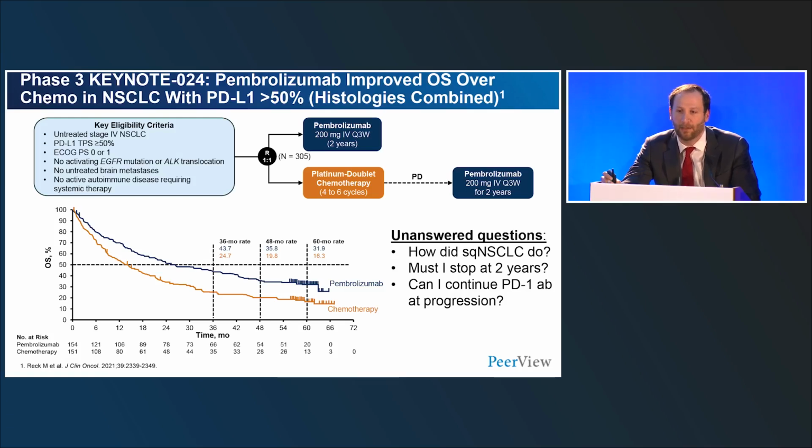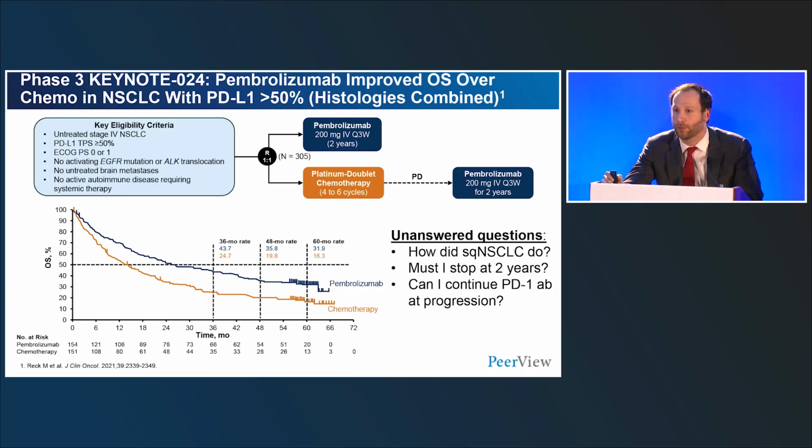We do have data as well for pembrolizumab monotherapy in all histologies, and that also demonstrates benefit, as Dr. Brahmer had shown previously. But there are some unanswered questions as well. How do you deal with squamous in particular? Are there differences with squamous with single agent IO? Should I stop at 2 years? Must I stop at 2 years? And then what happens when the patient progresses on single agent? Should I continue the immunotherapy with chemotherapy, or should I stop the immunotherapy, which wasn't really addressed in the